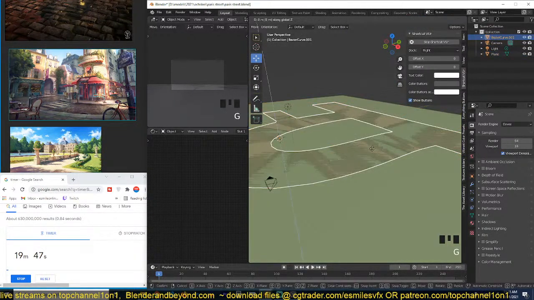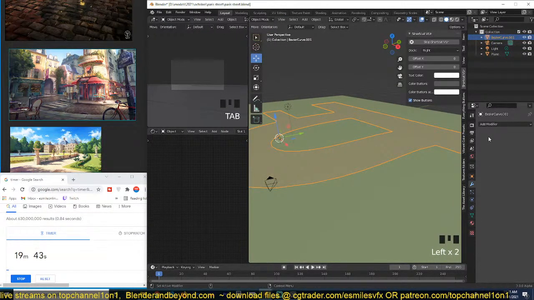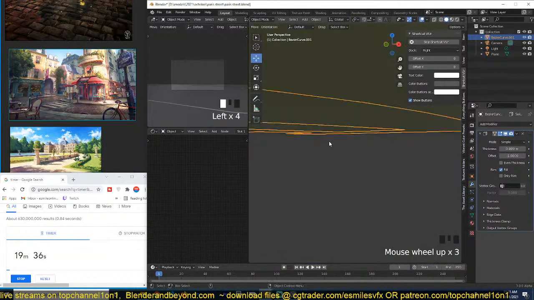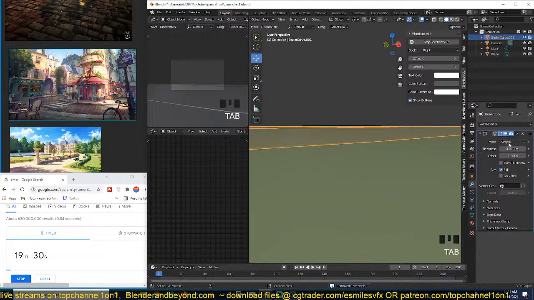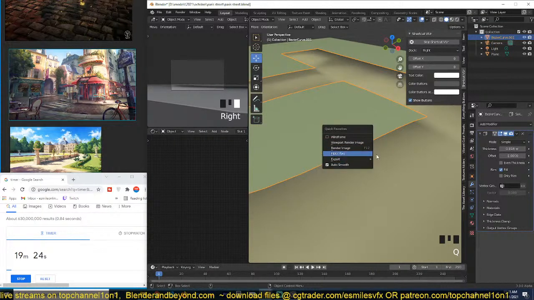I can even give this a slight extrusion down, or maybe just use a bevel modifier, a solidify modifier, just so we get some slight thickness. Just make sure that I recalculate normals just a bit like that, auto smooth,